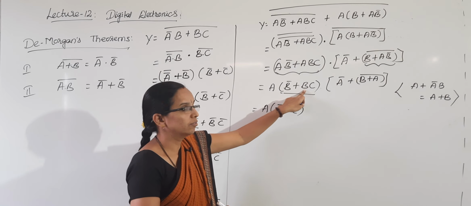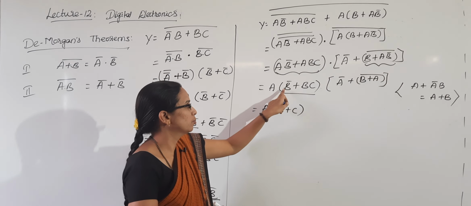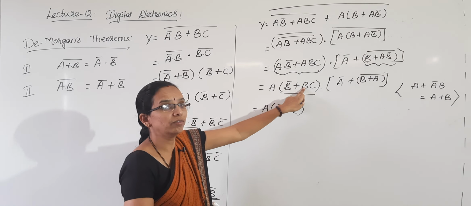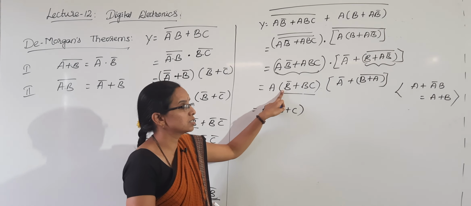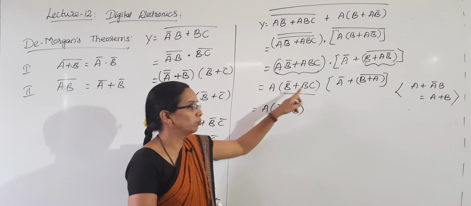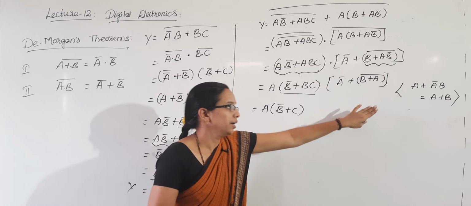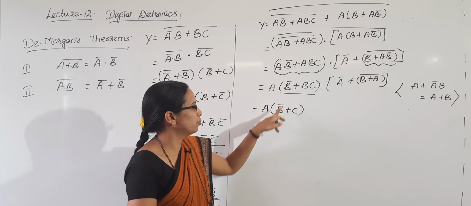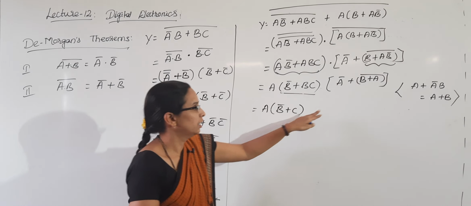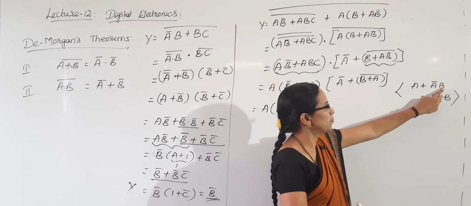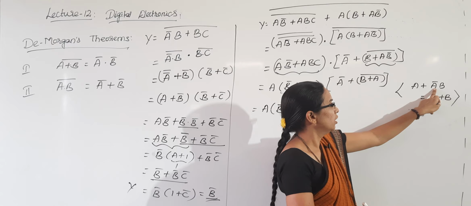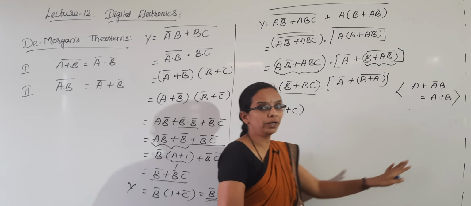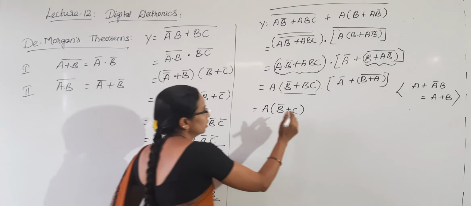Along with this one complement term, the same variable will be there with or without complement. If it is complemented here, it will not be complemented there. In that case, it will be treated in that form, A plus ĀB is equal to A plus B. In the same way, B̄ plus C. Here also you can observe A plus ĀB, A we will write like that only. In these two we will choose only one. This we will leave. You have already proved it.